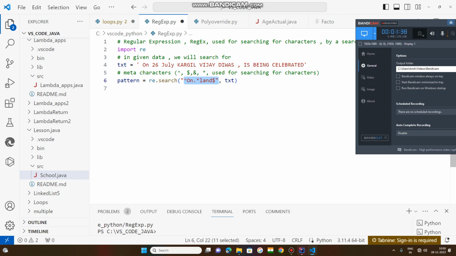this character, meta character, looks for the starting of any word. And this dollar symbol looks for whether this given data ends with this word. The dollar symbol is used for ends with this word. This caret symbol is used for the starting of this word. Now let us see